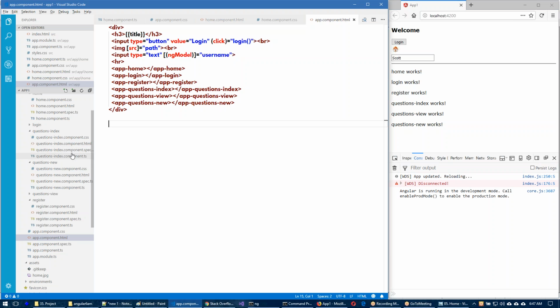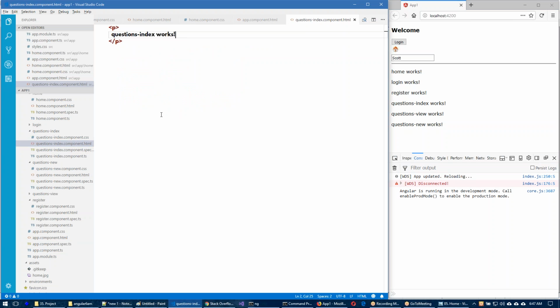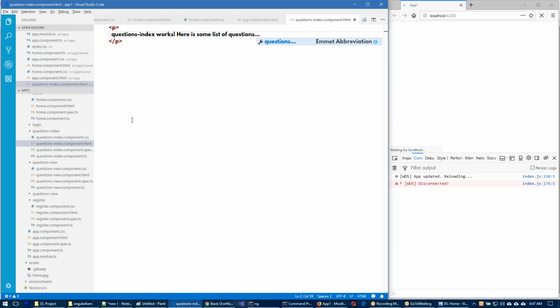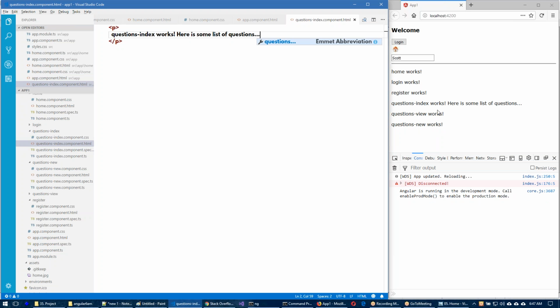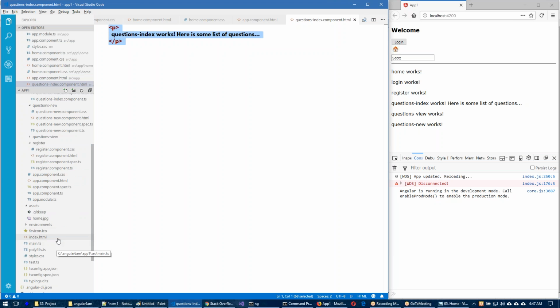So what you can say, you can go to the relevant component. There we can edit some content, right? For example, here is some list of questions. So once you save it, automatically it will refresh. Like this, whatever content we want, we can just add. We can even remove this paragraph. We can overwrite with completely different content. But no need of placing HTML head, the body, such full syntax because it's already done in the index.html.